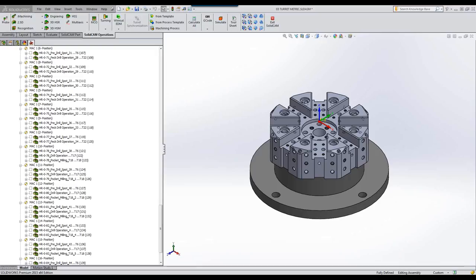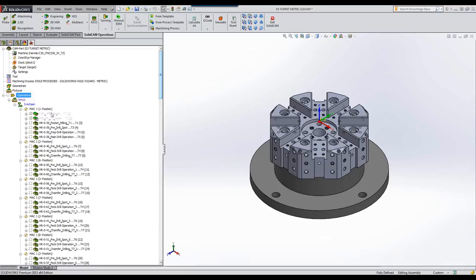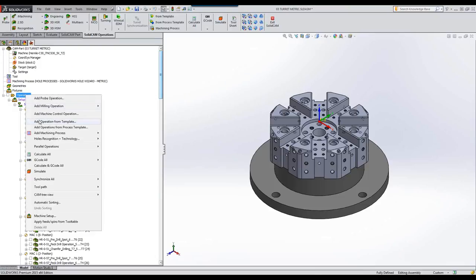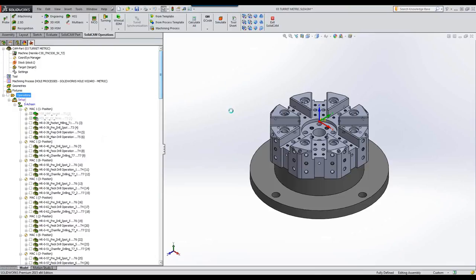What we've done is we have it now working where it actually recognizes all the different types of tools that you may want to use. And this is only the beginning. Over the next year, we'll be making a lot more improvements inside automatic hole recognition. One of the improvements, for example, is that if I were to go into my hole recognition,